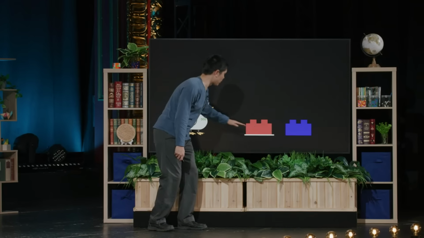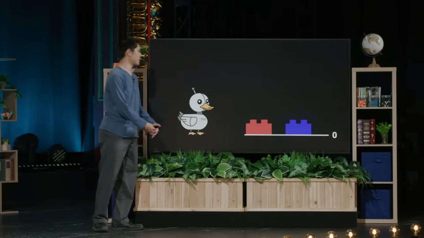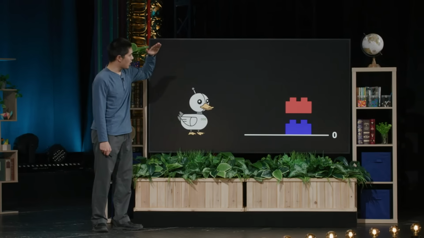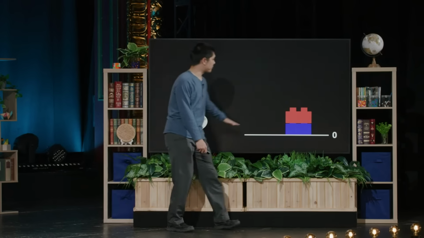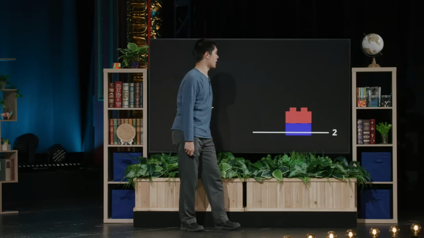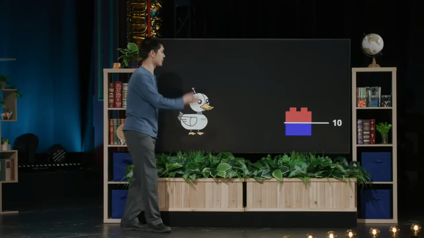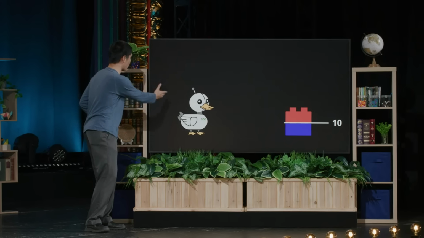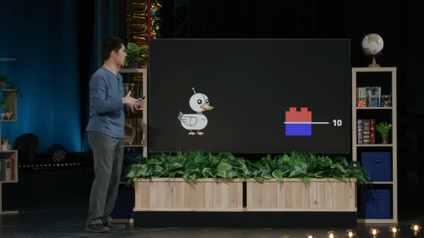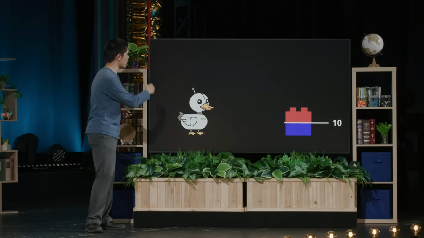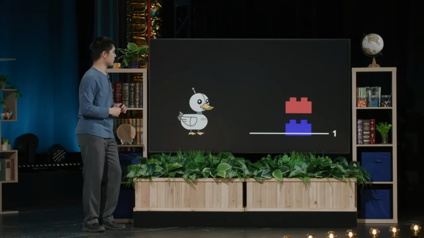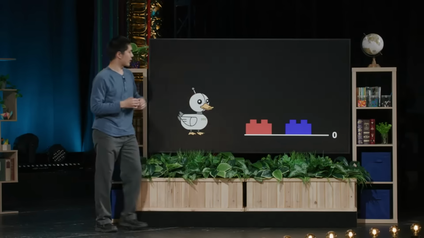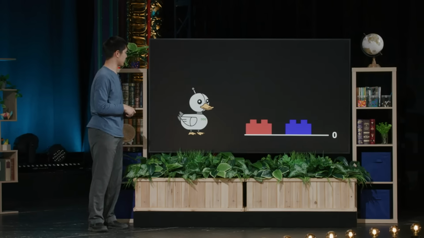Like right now, the bottom part of the red Lego brick has a height. We call that height maybe 0, for example. And if you were to successfully stack the red Lego brick on top of the blue Lego brick, then the bottom of the red brick would be a little bit higher. In some units, maybe we'll call that 10, for example. And so that would be a positive reward for the AI for stacking the red brick on top of the blue brick, and then the AI would learn to do more of that in the future. So the goal was that if we measure and give some reward based on how high you can get the bottom of the red Lego brick, that's the reward you get for this particular scenario.